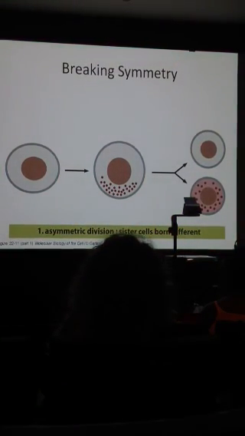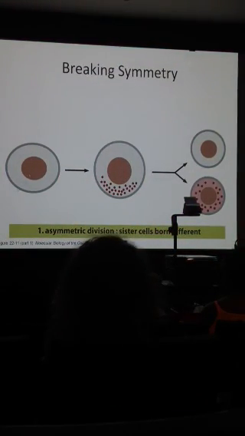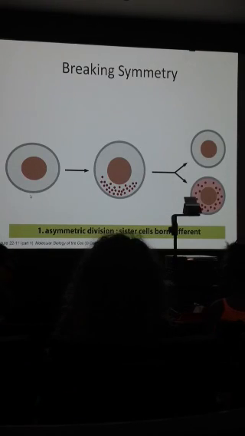So again, this whole idea of breaking symmetry, somehow going from one cell to two different cells. So again, you can have asymmetric cell division, where the idea is that for some reason, there's